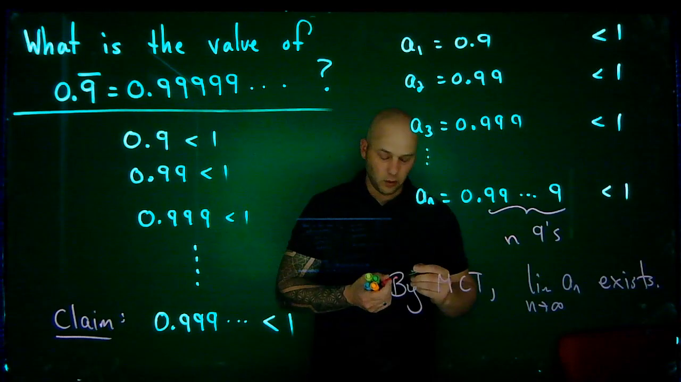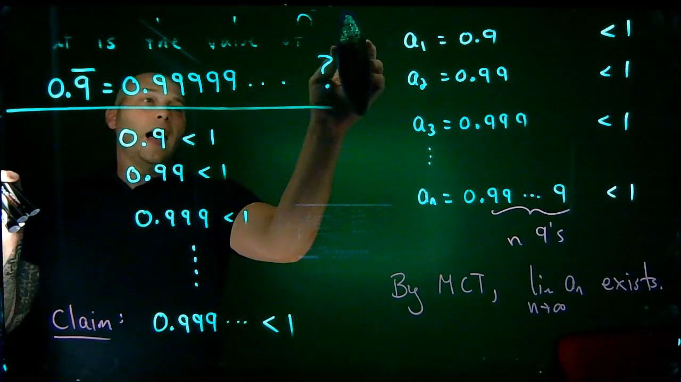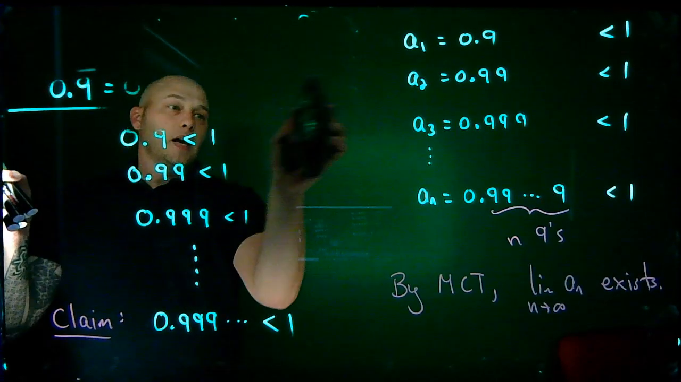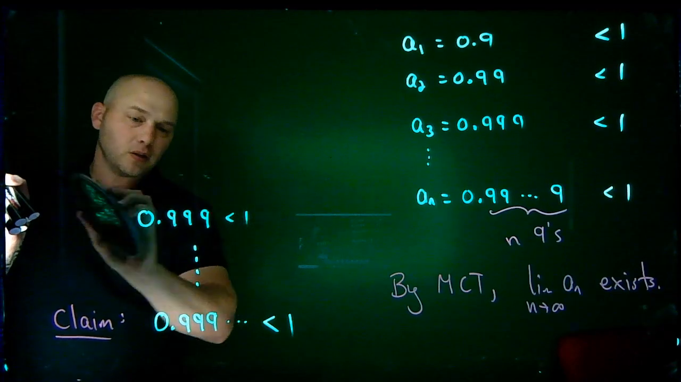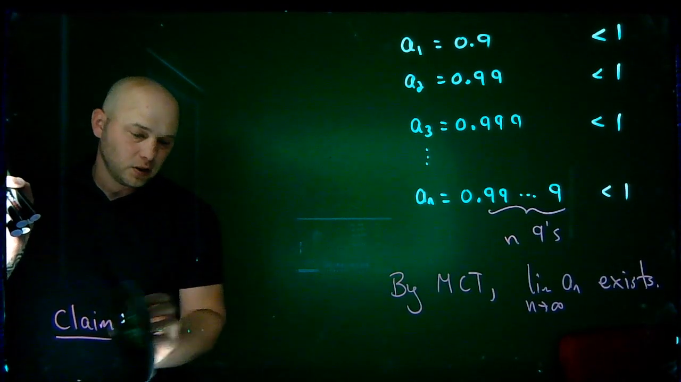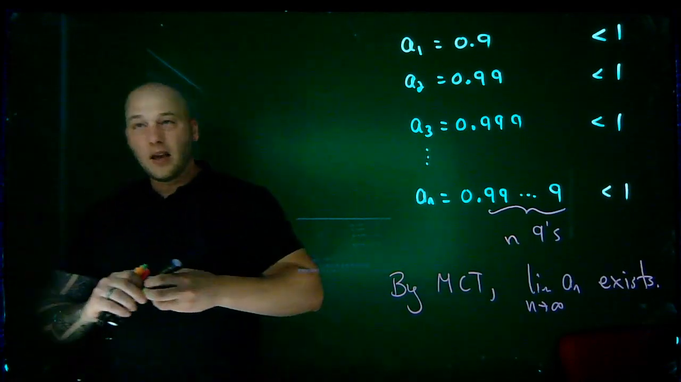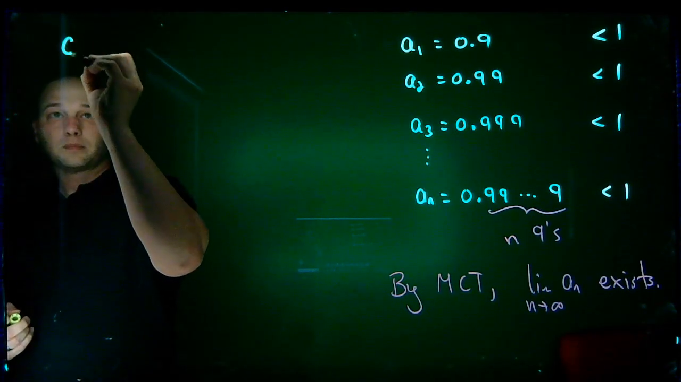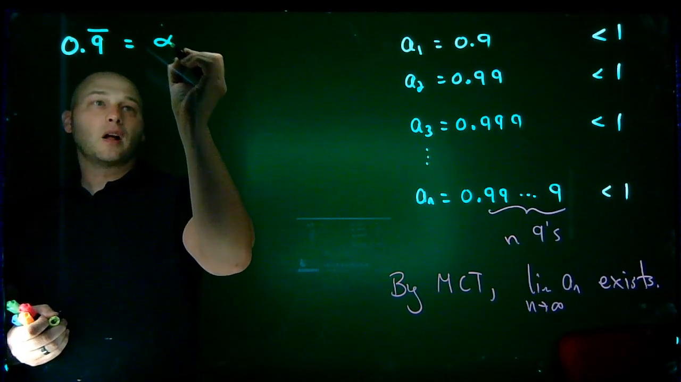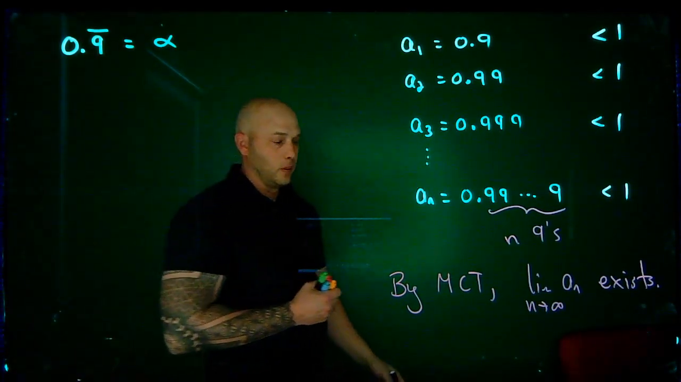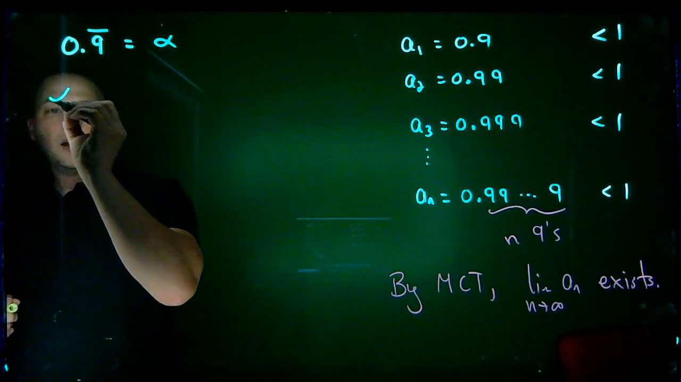And let's see what it's equal to. Okay, so let's go over to here. Since it exists, I can say that it's equal to some unknown real number. Okay, so I know that it is equal to a fixed real number by the monotone convergence theorem. Therefore, I'm justified in saying 0.9 repeating is equal to some number, let's call it alpha. Okay. Well, let's explore that. Alpha is